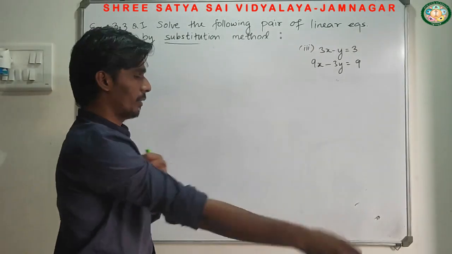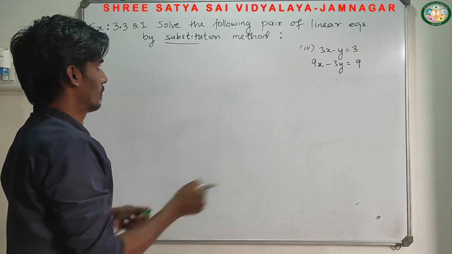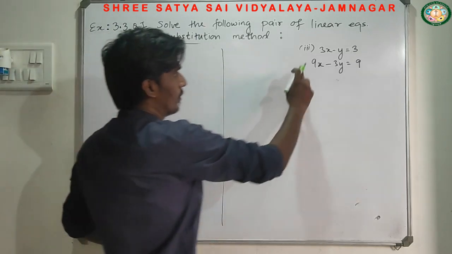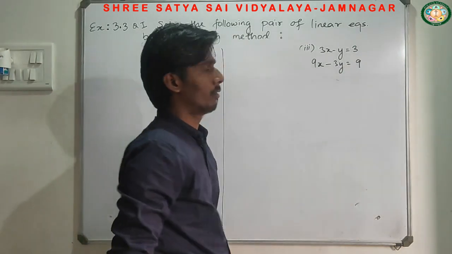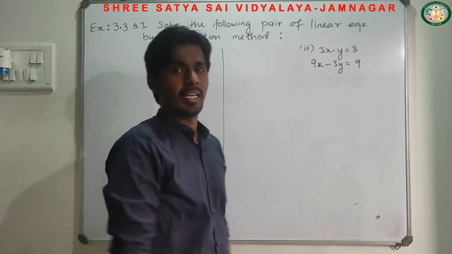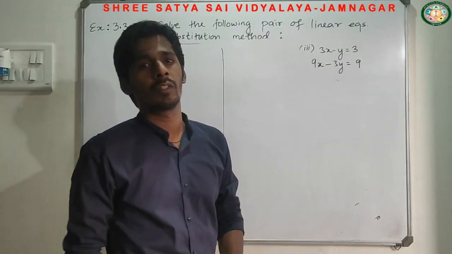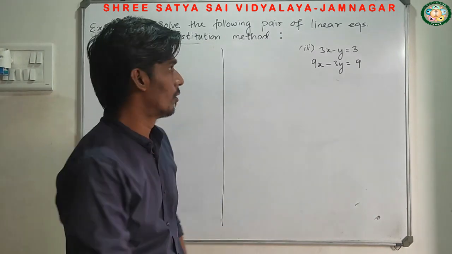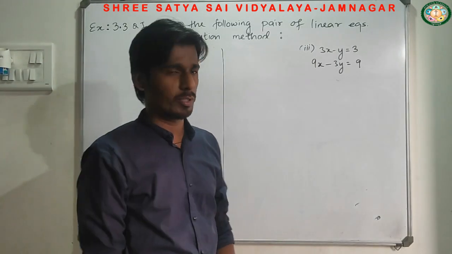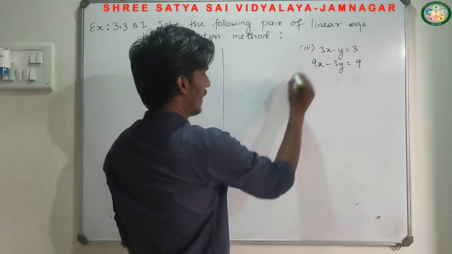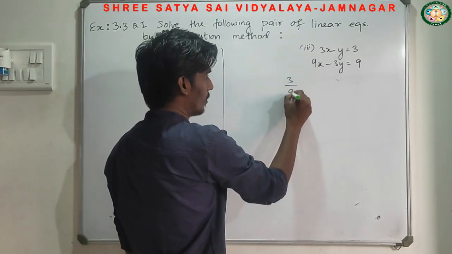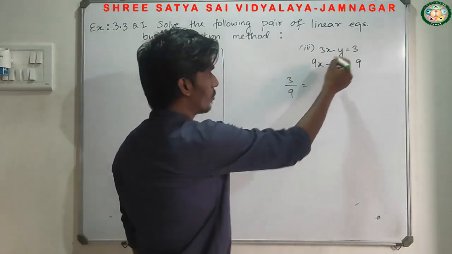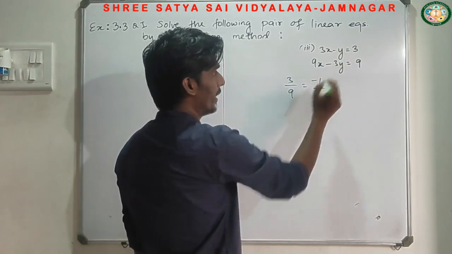Let's move to the last example. 3x minus y equals 3, 9x minus 3y equals 9. Again, as I told you before, first of all check whether it has a unique solution or not, as this is already almost in standard form. So a1 is 3, a2 is 9, b1 is minus 1, b2 is